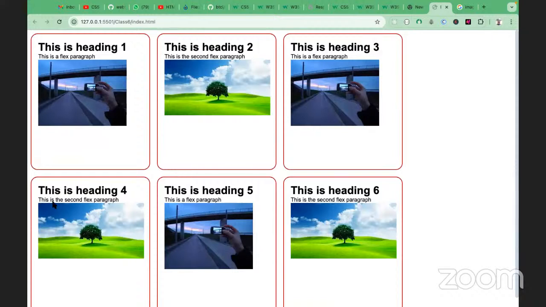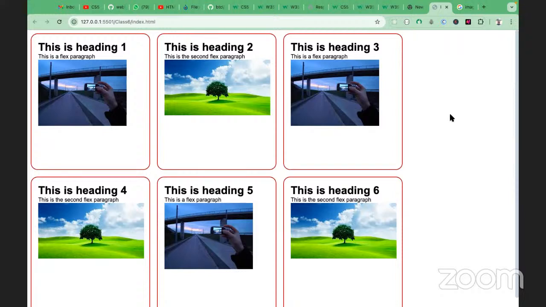So this heading 4, right? This heading 4 cannot stay here because there won't be enough space for it. So because of that, it comes to the next line by default. But another thing, just looking at it, you can see that we have a little space to the left and so much space to the right. That's for laptop or desktop, right? And maybe you want to play around with the